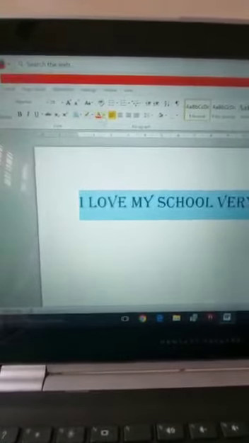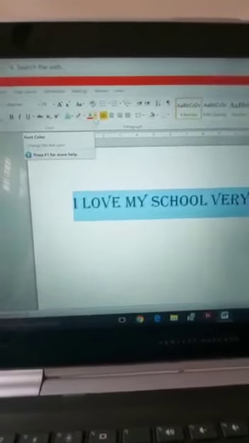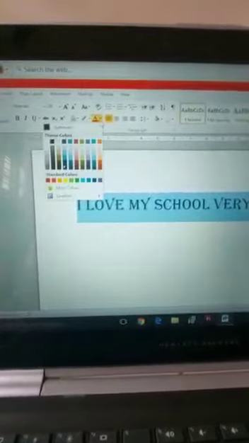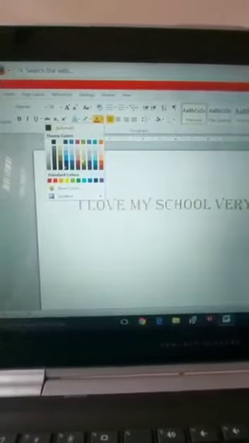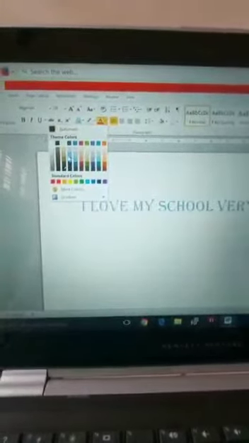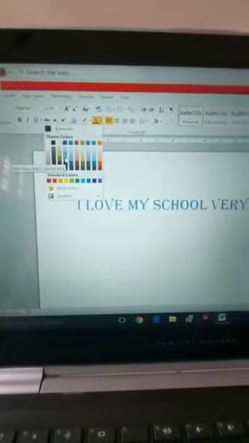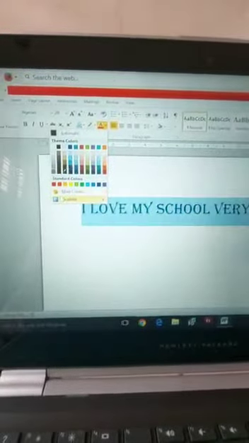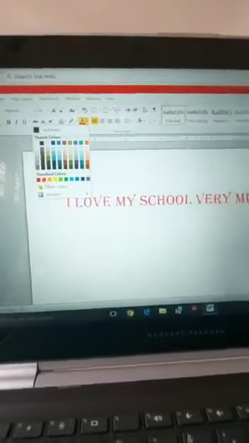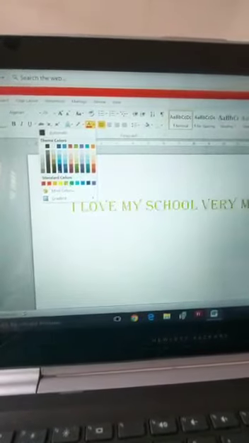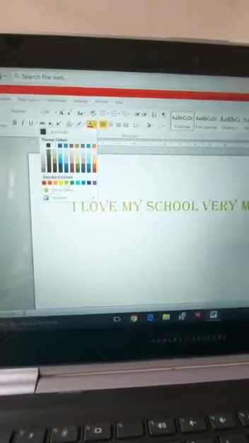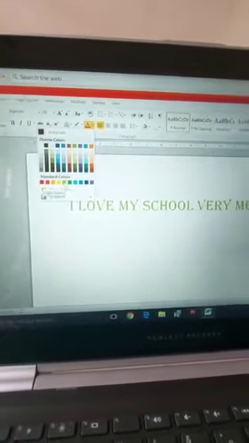Let us change the color of the text. See here, we have to click here. A drop down box will appear with different colors. Can you see? I kept blue. The text is changing with blue color. I kept red. So it is red. I want yellow. See here, yellow, green. So whatever color you want, you can change.